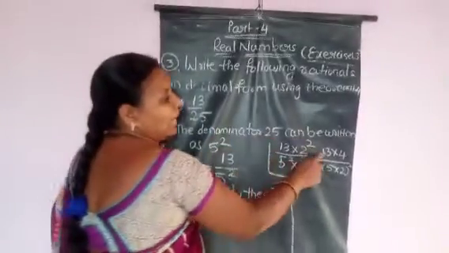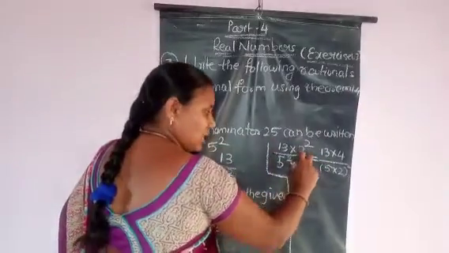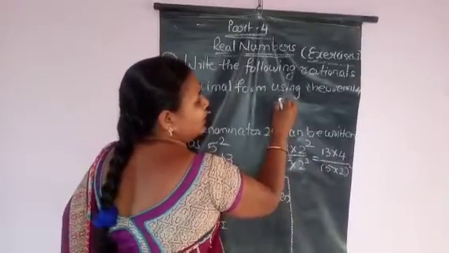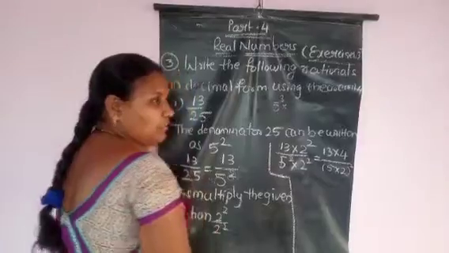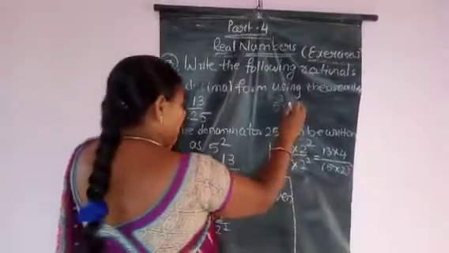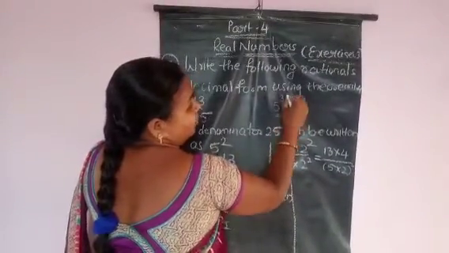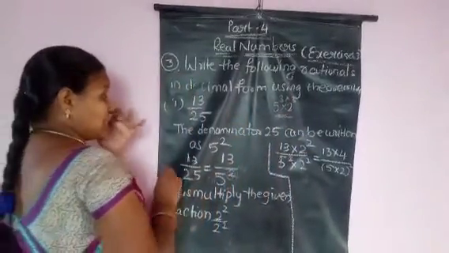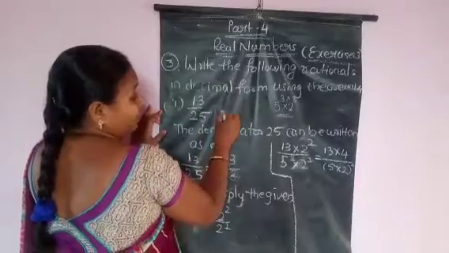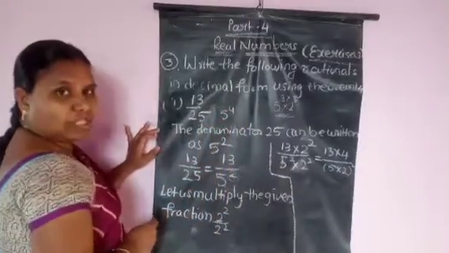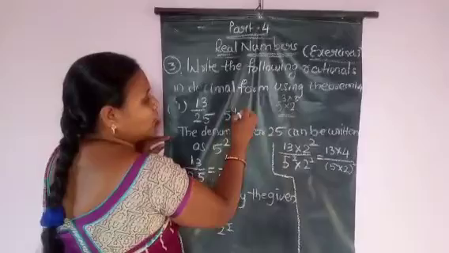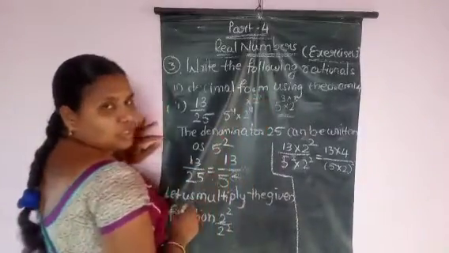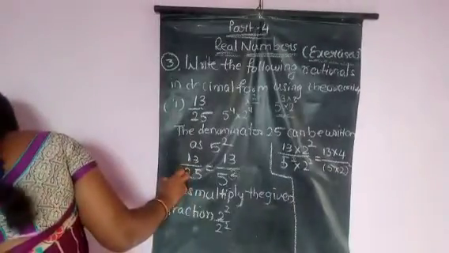So I have converted this, I have multiplied by 2 to the power of 3. If in the denominator it is 5 to the power of 3, I will multiply the fraction by 2 to the power of 3, numerator and denominator. If the given fraction in the denominator is 5 to the power of 4, I will multiply this whole fraction by 2 to the power of 4 into 2 to the power of 4. Is it right? Is it clear to you?